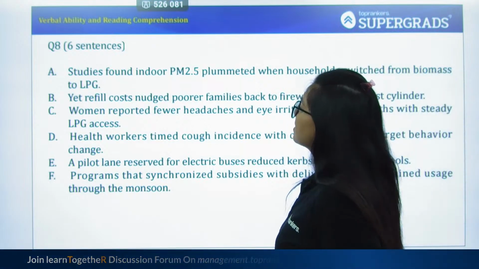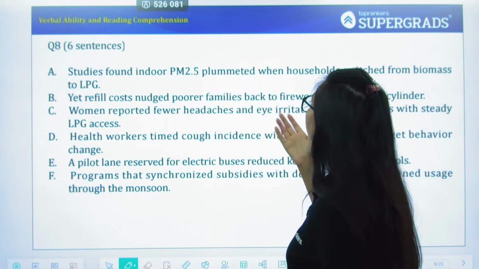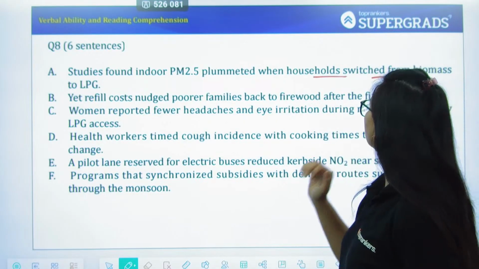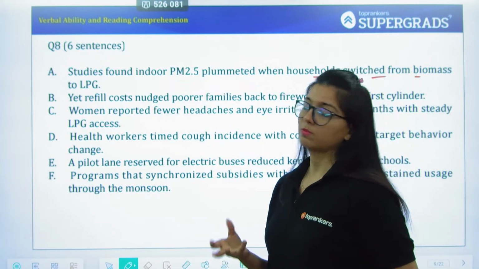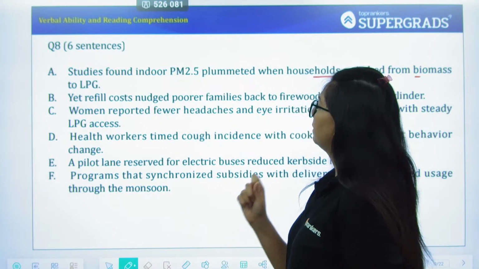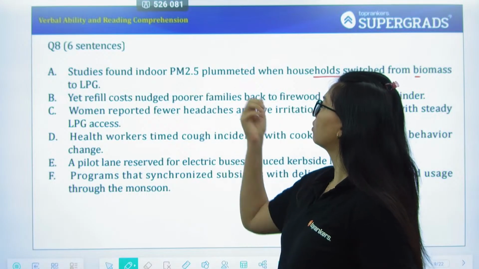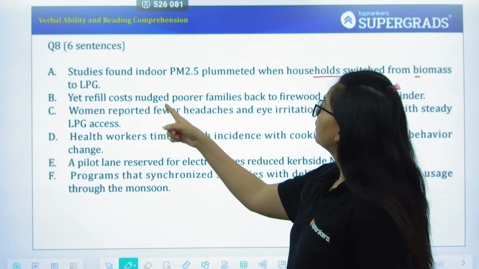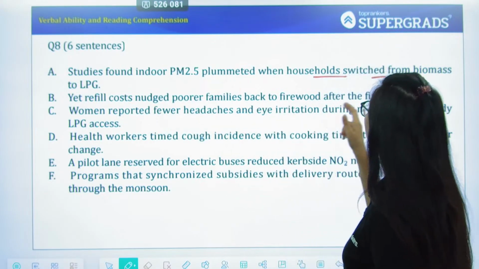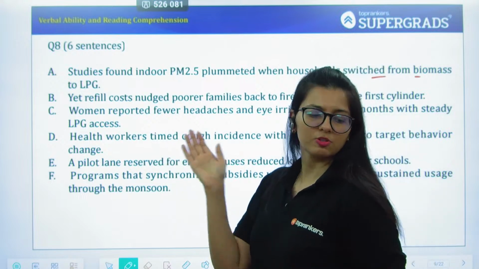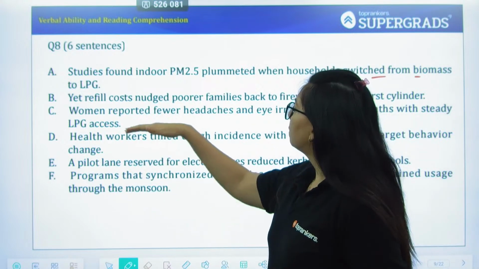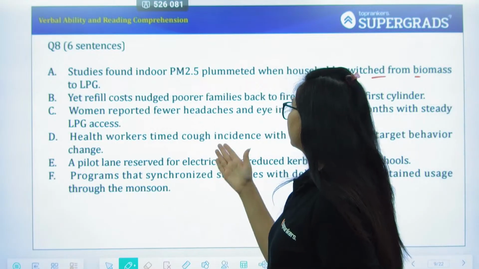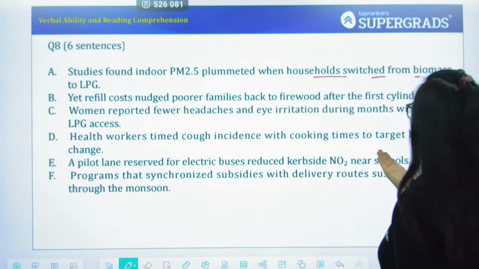Okay, let's see. Studies found indoor PM 2.5 plummeted when households switched from biomass to LPG. So we understood that the studies found that the pollution particulate matter 2.5 plummeted. It sort of reduced. Yet refill cost nudged poorer families back to firewood. But of course, they couldn't refill the LPG, which is why they went back to firewood. Women reported fewer headaches and eye irritation during months with steady LPG. Okay. Health workers timed cough incidents with cooking times